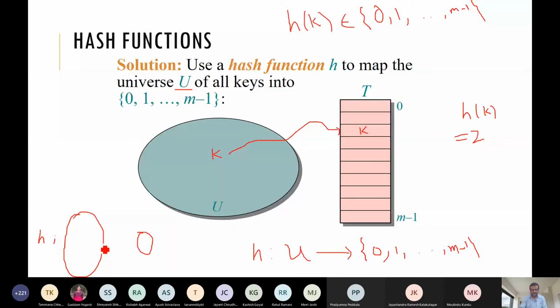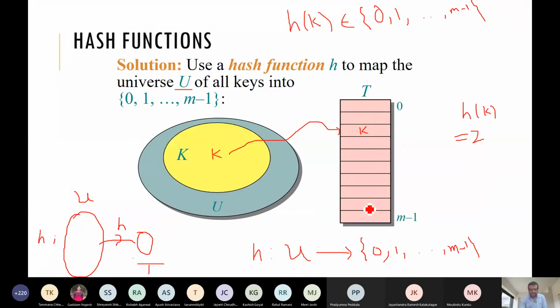This is the domain, this is the codomain. It takes a key from here. This is our U set, and this is our table T, basically the array. We can maintain this table in an array, so the array size is 0 to m minus 1.